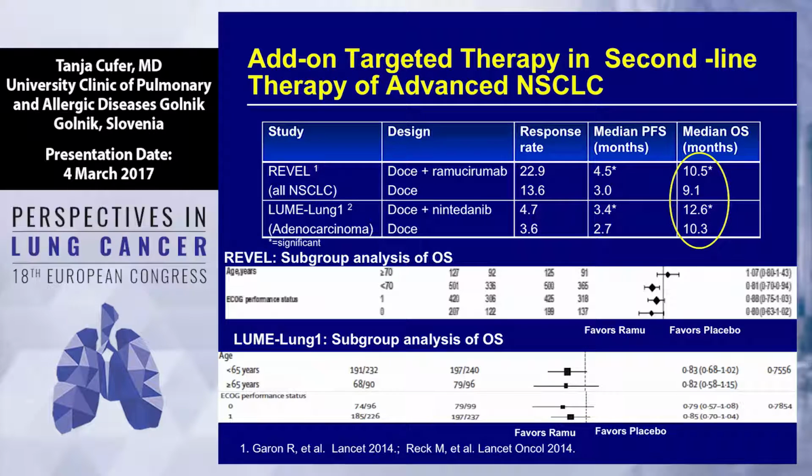So why ramucirumab differently from nintedanib? If you are working with these drugs, you may know, or also if you go into the trials, you can see that the toxicity was a little bit different. Nintedanib seems to be a little bit less toxic. Of course, we don't have any comparative trial, but if you look at the toxicities in these two trials, you will see that anti-angiogenic inherited toxicity might be a little bit higher with ramucirumab. That could be a reason for these results.